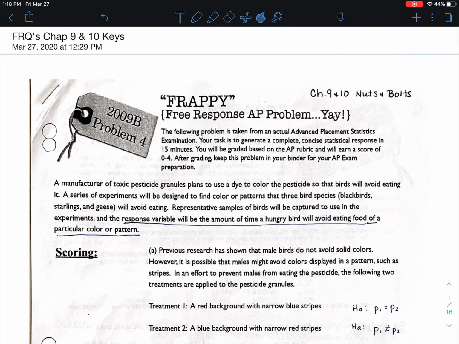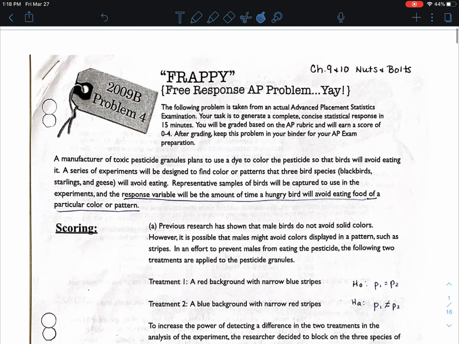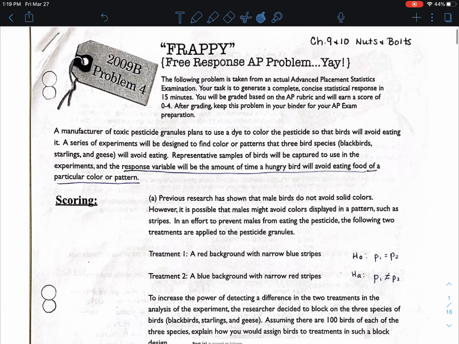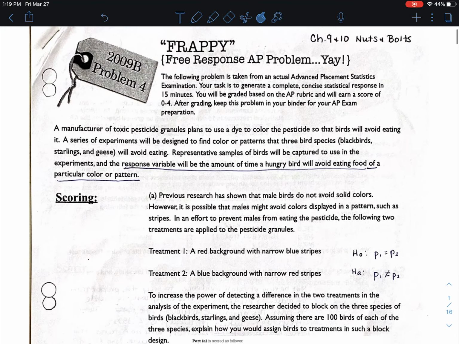Okay, I'm going to try something a little bit different when we go over these free response questions for chapters 9 and 10. I've kind of cut and pasted part of the rubric and what it's requiring into these answers here, so we'll see if this will help at all to just see all the little pieces that the rubric is requiring. This one was talking about a manufacturer of toxic pesticide granules, and they're planning to use